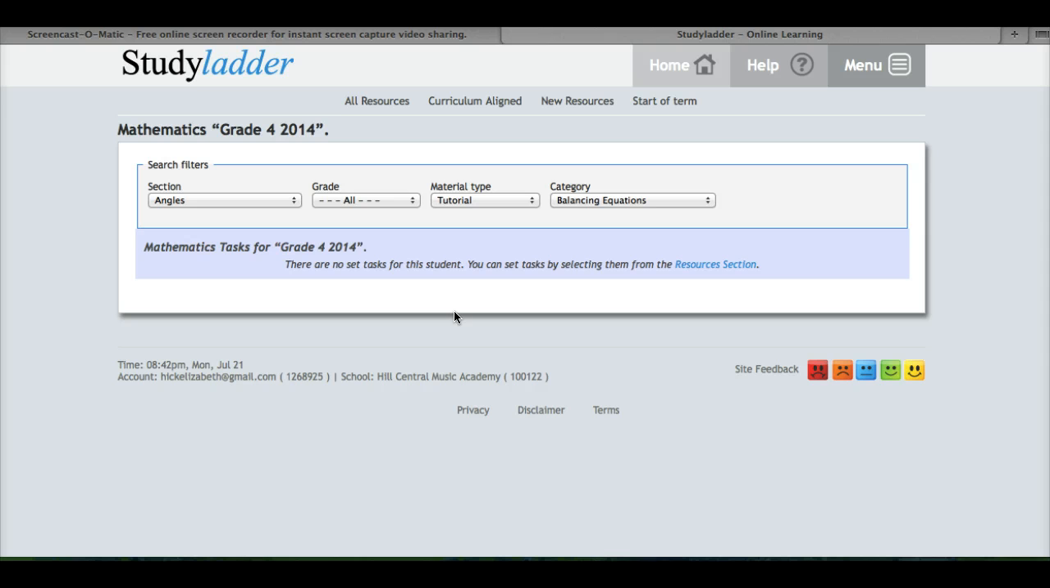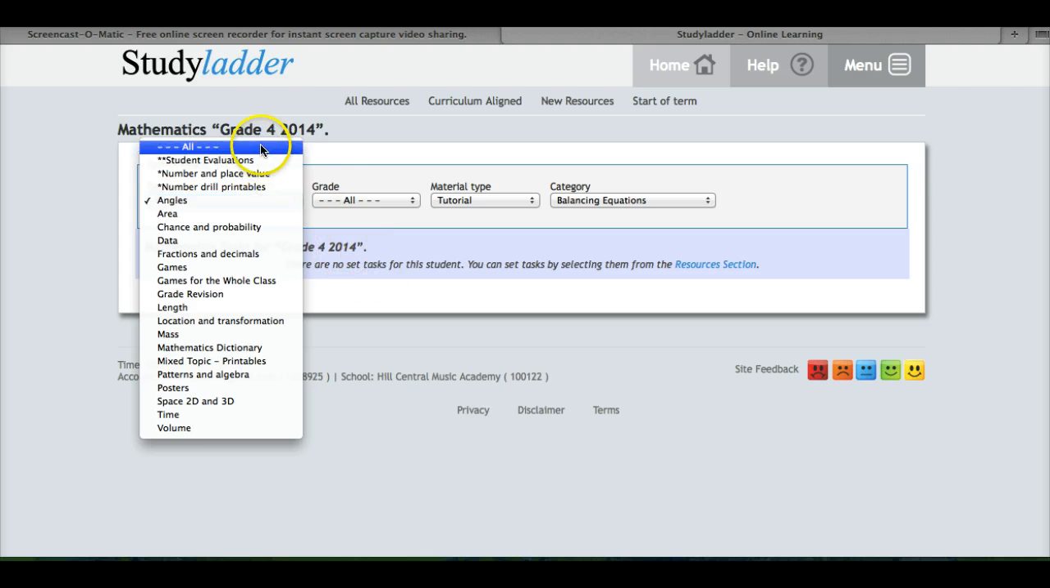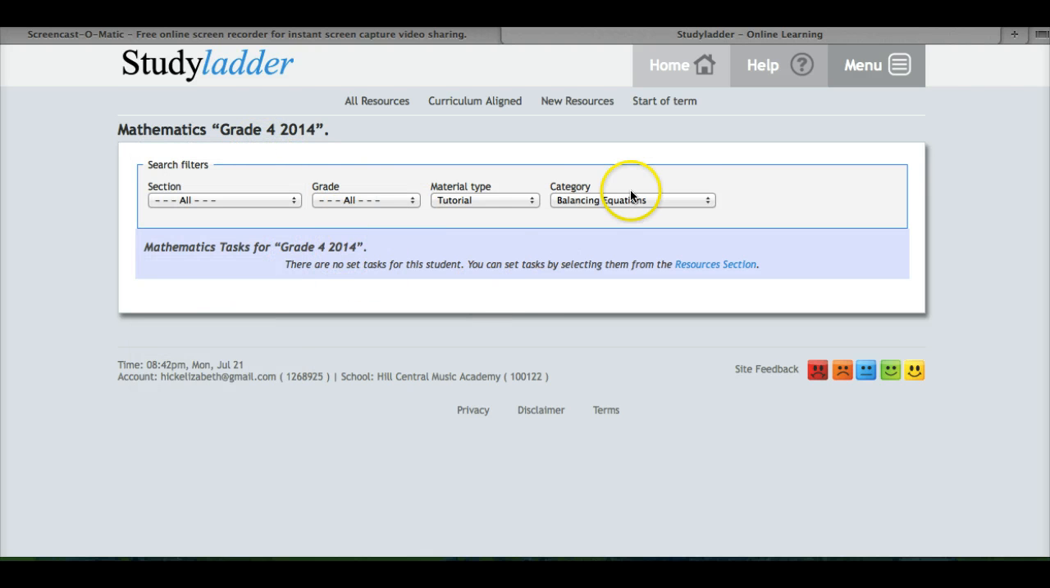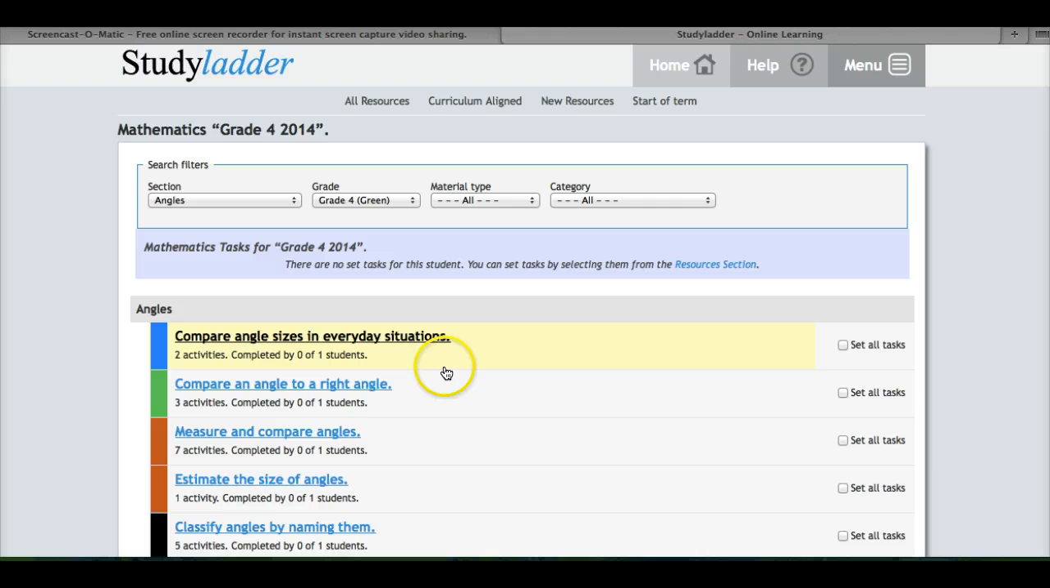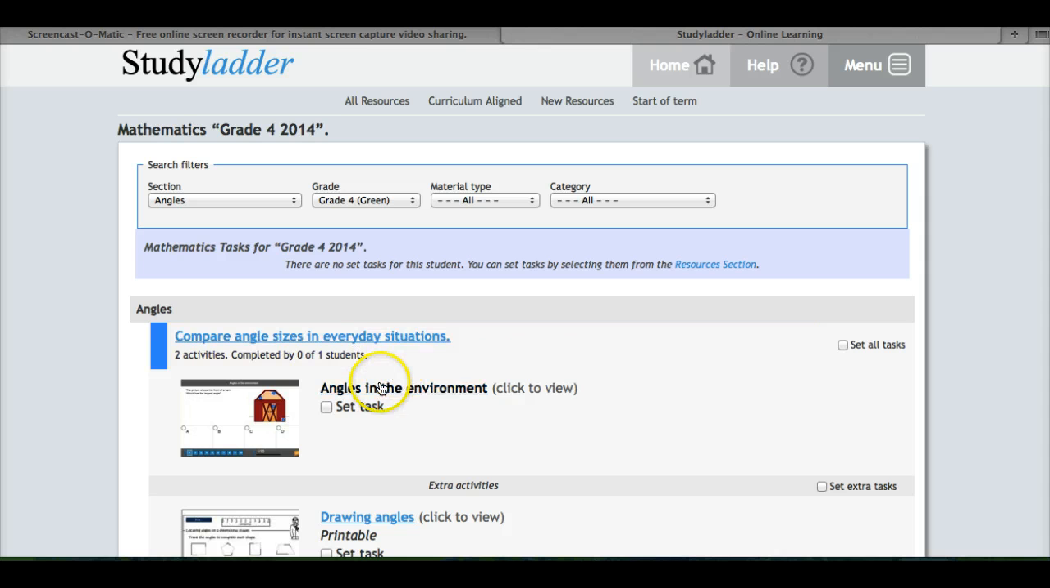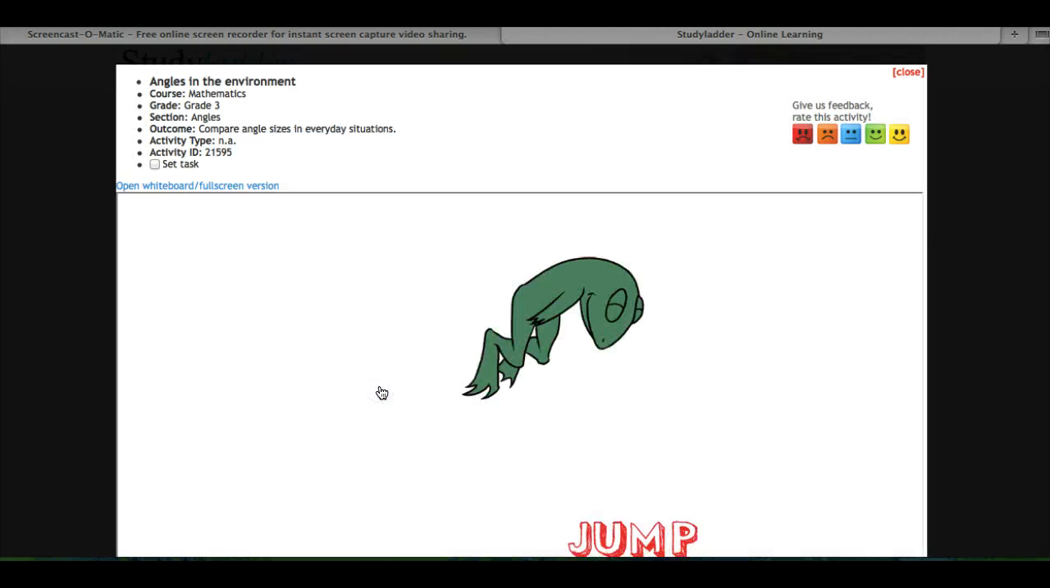So if we do a search for balancing equations, okay, that's not good. So let's go into one of these tasks, and we're going to go into compare angle sizes in everyday situations. We're going to click on this task,